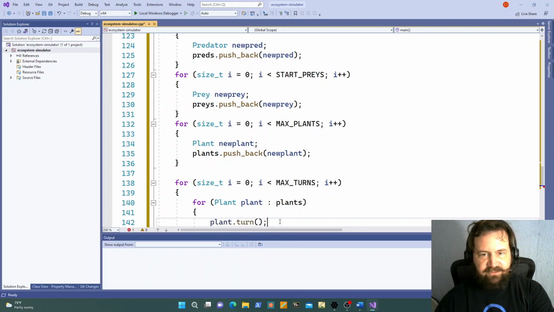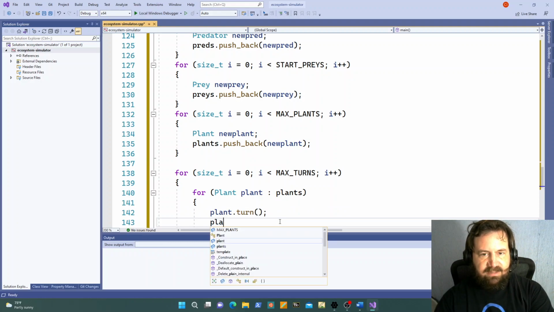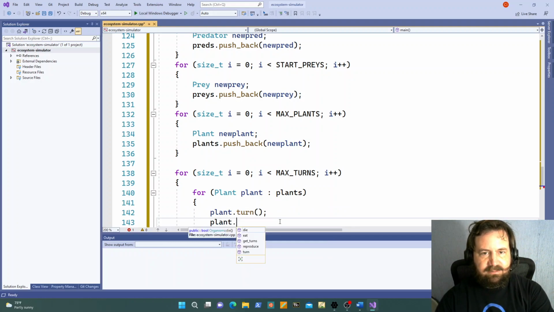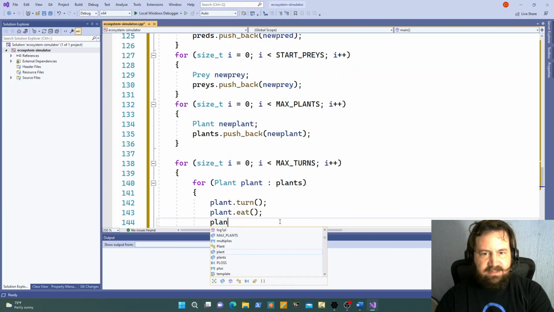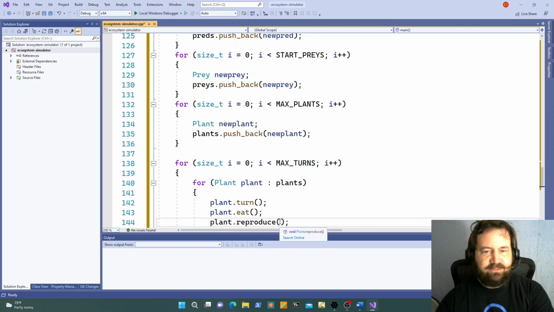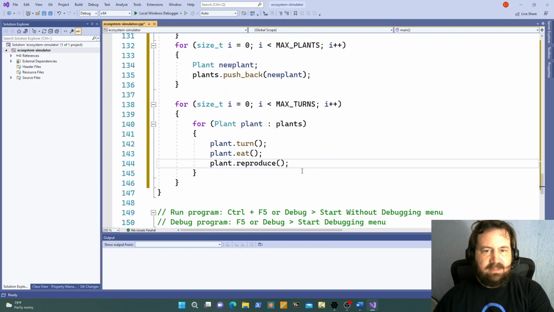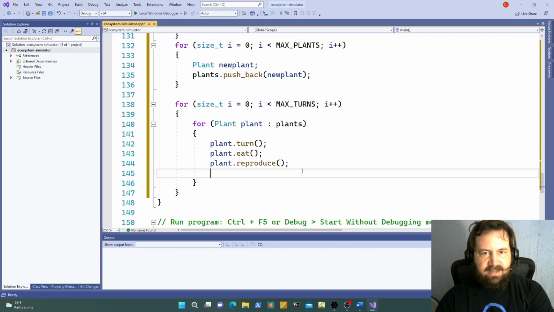I want to increase its turn count by 1, and I want to call plant dot eat, which isn't going to actually do anything. I want to call plant dot reproduce, and then, well, no, this is